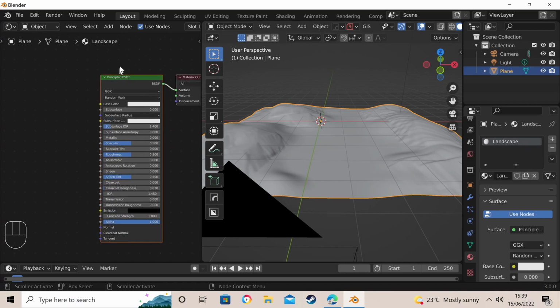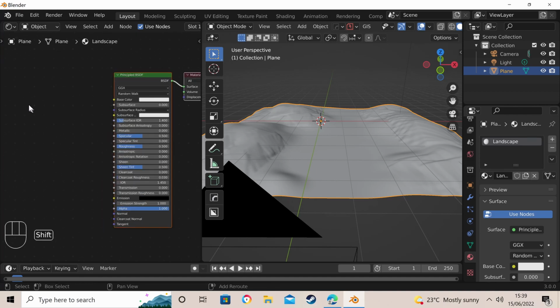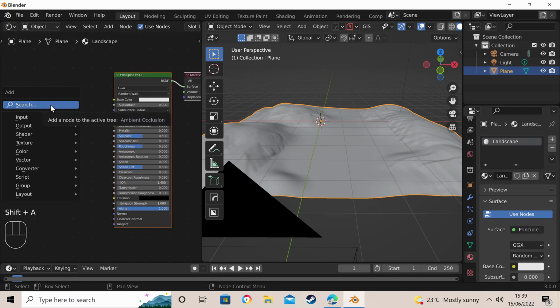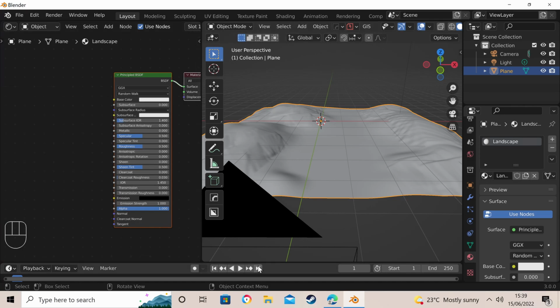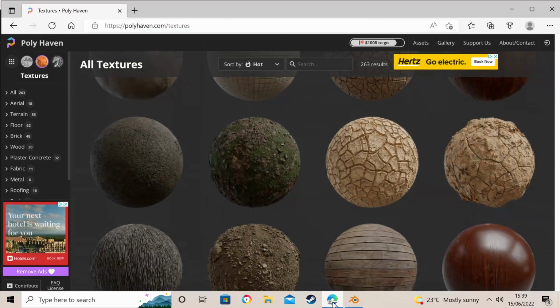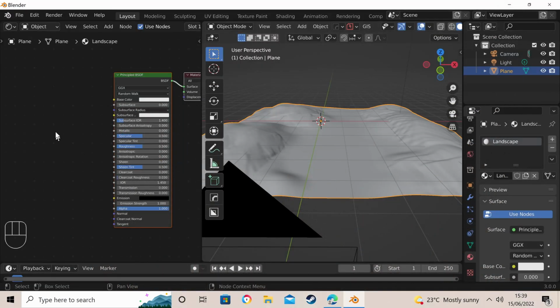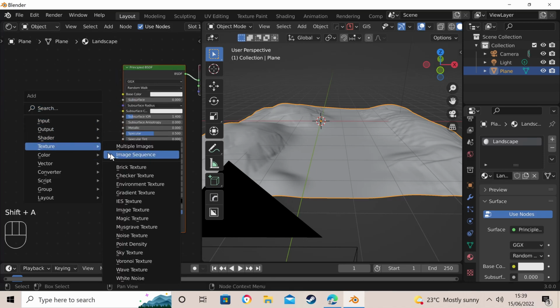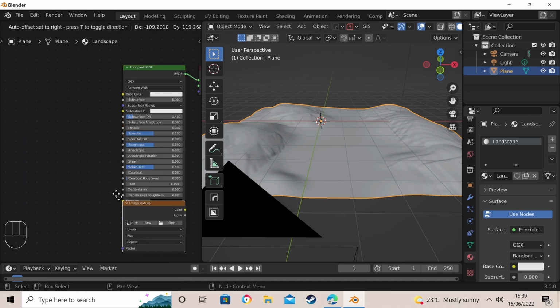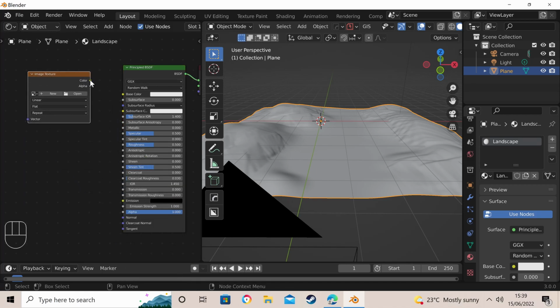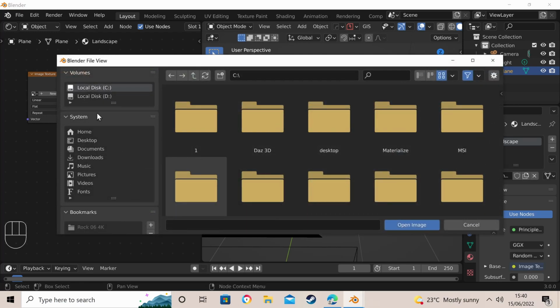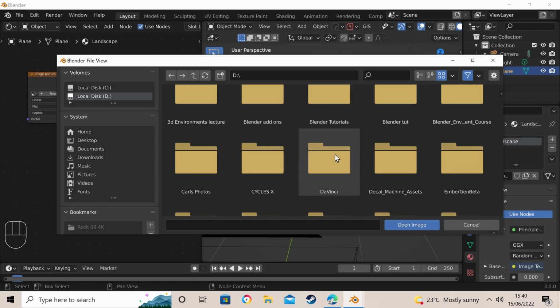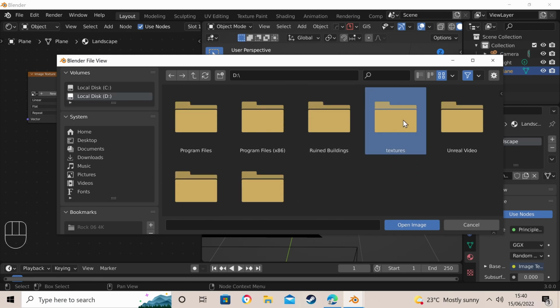This is pretty much for beginners, so I'll take my time with it. So we'll add a texture, which I believe my textures are mostly from Polyhaven. I'll put a link in the description. So we'll start with a texture, image texture. As I say, I'm not rushing this, because it's quite fun anyway. So I'll find my texture, which I keep in a little folder called, believe it or not, textures,